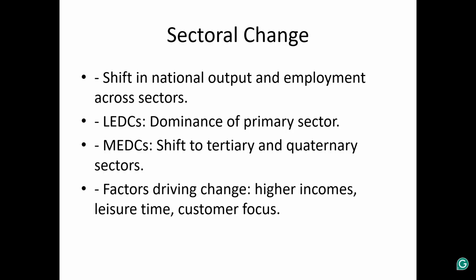LEDCs, less developed countries, have a dominance of the primary sector, and then we have more developed countries, which shift to tertiary and quaternary sectors where they can earn more money, basically. And it's much easier work typically on the body to work in these tertiary and quaternary sectors, as it doesn't require much human physical work.